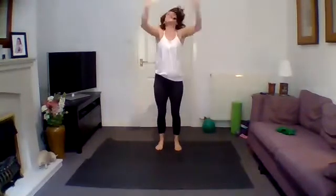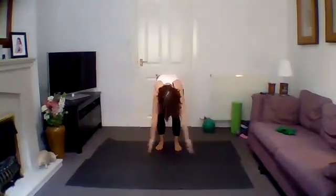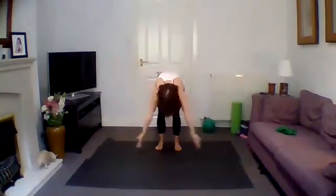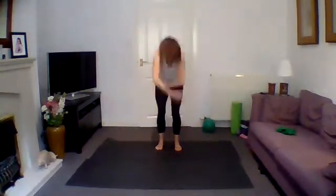Good. Bend the knees as you lower down. Exhale down and lift up. Exhale, inhale. So just creating really nice flowing movements, really waking up the body. Good. One more. And then